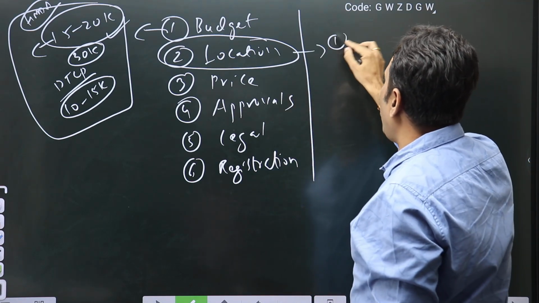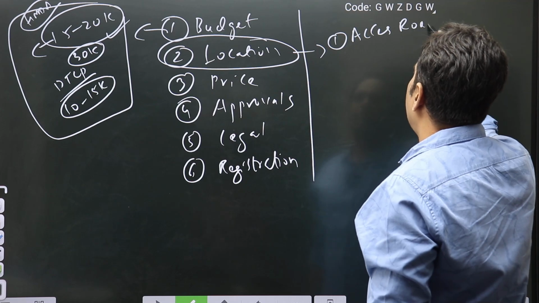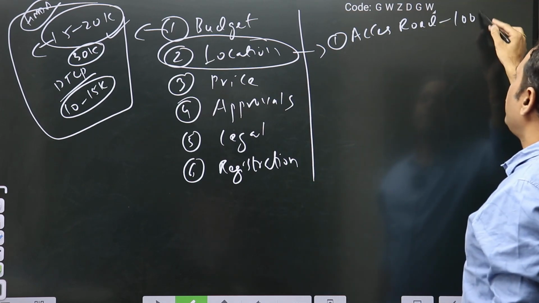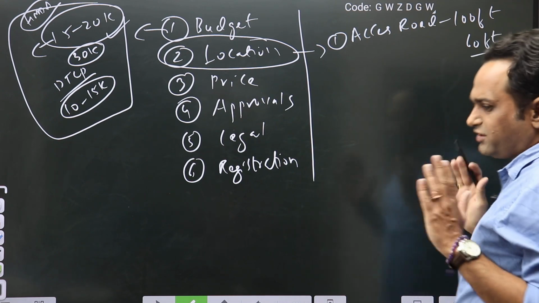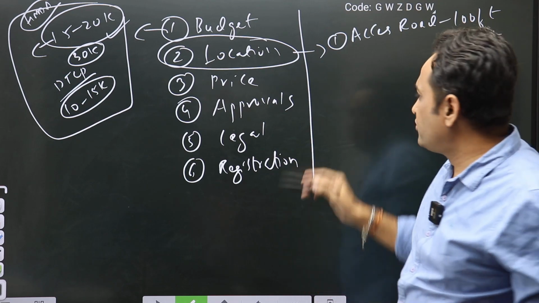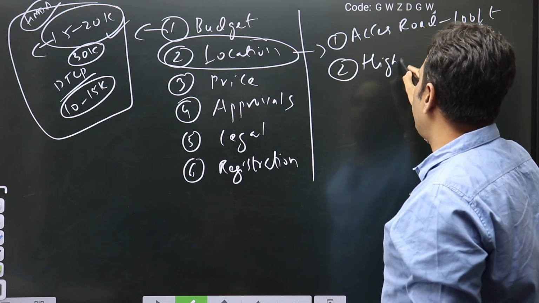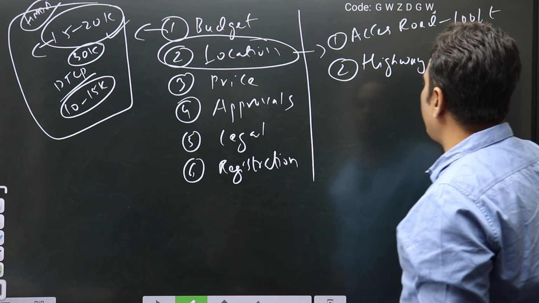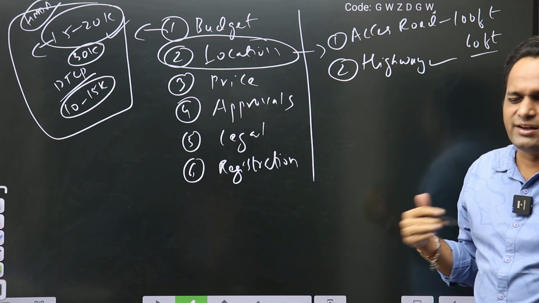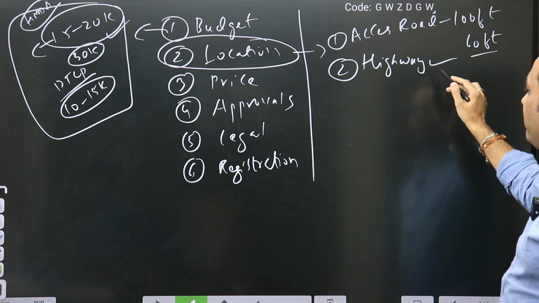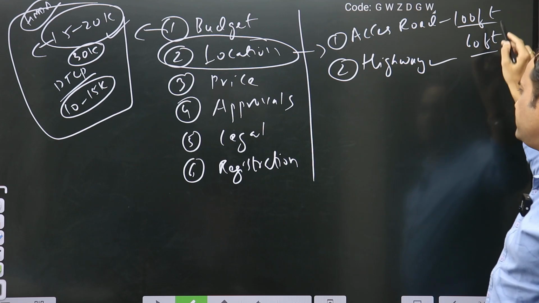First thing is the access road. Access road ela undi. Preferably 100 feet road gaani 60 feet road gaani unte better. Oka pedda road access road unda. Okay, check cheskondi. Second, how far it is from the highway. Highway facing ainde inga perfect, because highway ki close unna properties eppudukaina safe. There is nothing much to worry. Highway facing properties natural గా అప్రిషియేట్ అవుతాయి. సో హైవేకి ఎంత దగ్గర ఉంది, యాక్సెస్ రోడ్ 100 feet ఉందా.